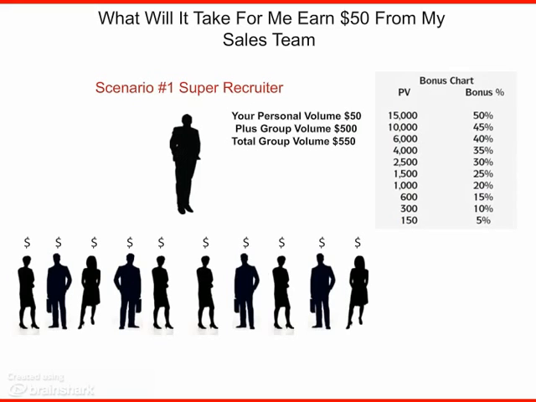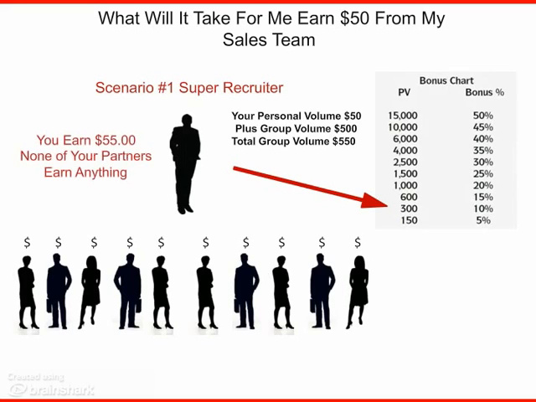In this scenario, the volume would look like this. Your personal volume would be $50, your group volume would be $500 because you have 10 times $50 subscriptions, and your total group volume would be $550. You then calculate that by looking down here, which you would be at the 300 PV level or 10%. So in this scenario, you earn $55 and none of your partners have qualified because they have not reached the